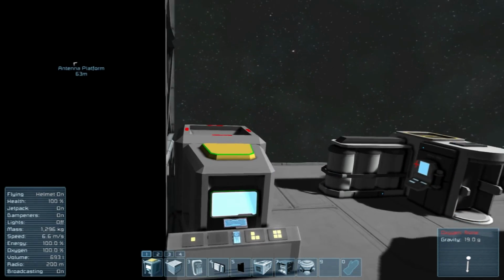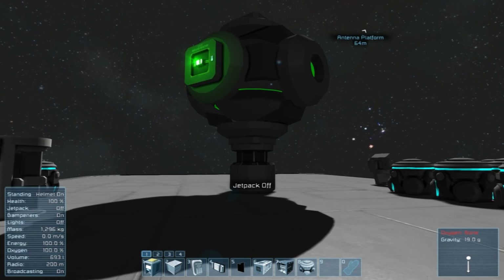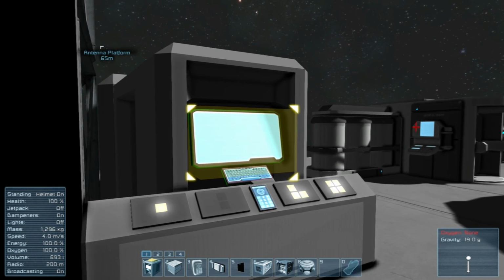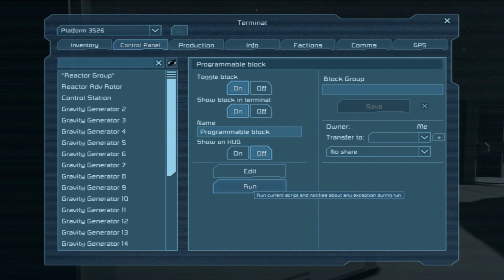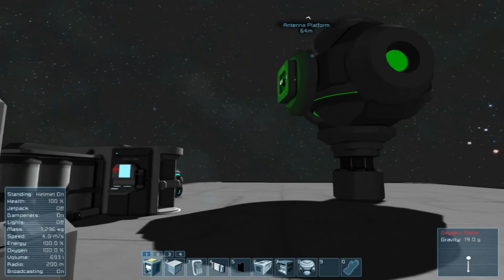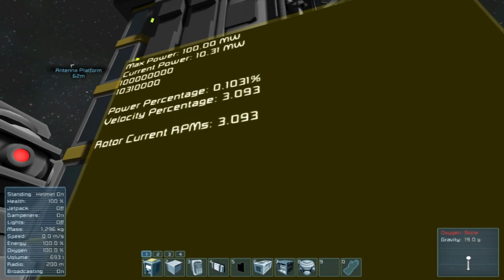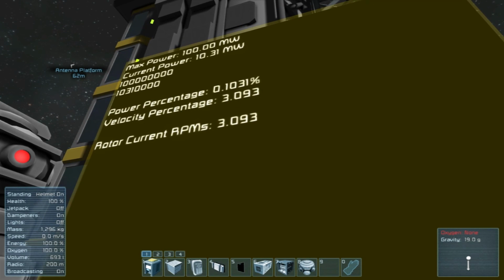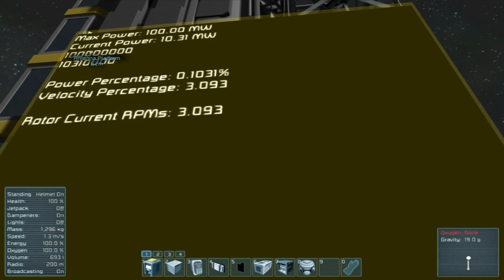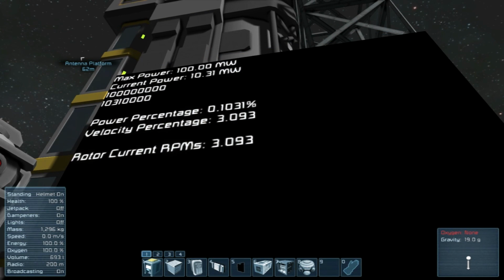and then, now granted, you could have it test a bunch of this, but apparently that's causing a lot of lag problems, so we're just going to run it manually, and you'll start to see it spin faster, because the current percentage is 0.1. Actually, hold on.